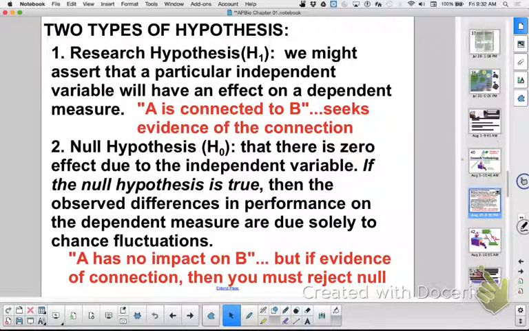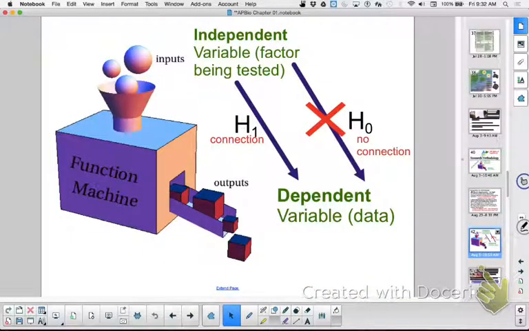Okay, now, so take a look at this. I've added to the model we just had. Whoever was the model explainer last time, don't be. I want the other bio buddy. How have I changed this model a little bit to help you understand this concept? Go ahead. So it's changed because it shows how the independent is independent with the research hypothesis, but it says there's no connection between independent